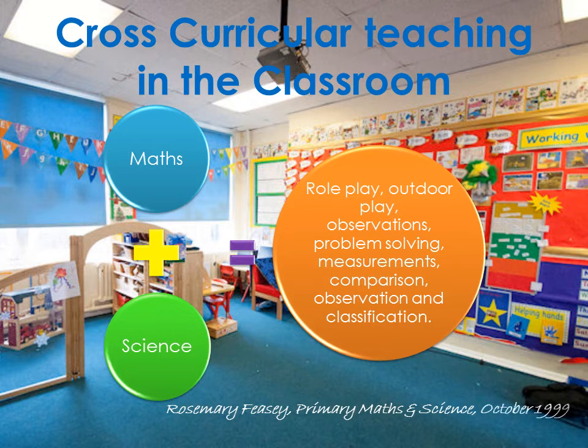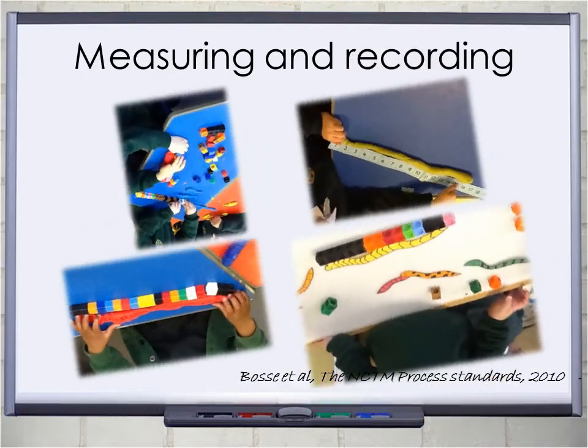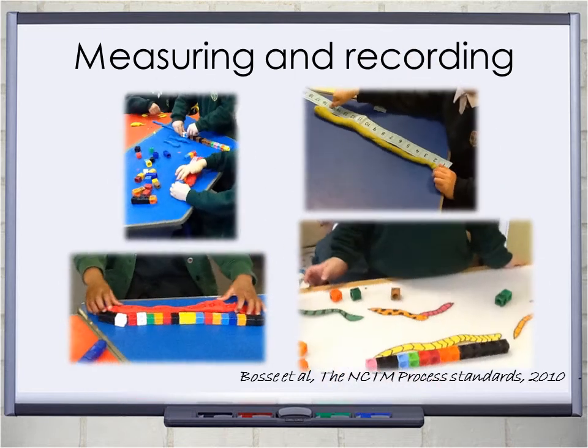However, the links between maths and science are deep-rooted. Rosemary Feasey stated, "At the heart of science is mathematics. Science, whether in a research laboratory or the primary classroom, relies on a collection of quantitative data so that comparisons can be made, patterns and trends noted in order to draw conclusions." Meaning that the links don't have to be forced by a theme, they are natural partners. As with any maths or science lesson, you will not be able to get away from the other, for example looking at measuring and handling data. Bose et al. discuss in great detail how subjects aren't just alike, they are learned in like ways, and that maths and science have the same learning processes to go through.